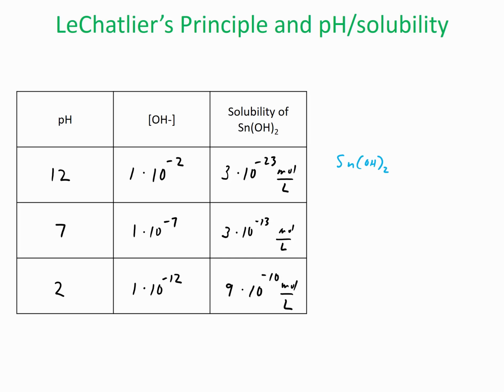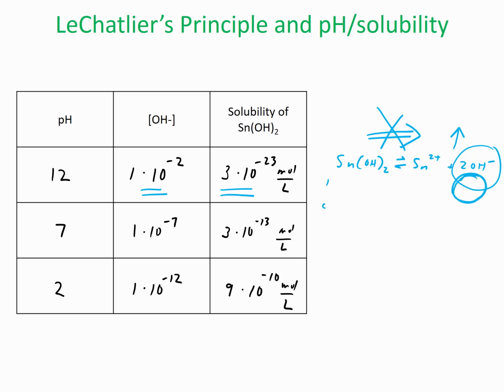If we apply Le Chatelier's principle here, when this number was increasing, we see the effect on the solubility. When this number goes up, this doesn't go over here as much. It kind of gets blocked when this number is so high on our ice table, on the I line. And over here we see that when the number goes down,